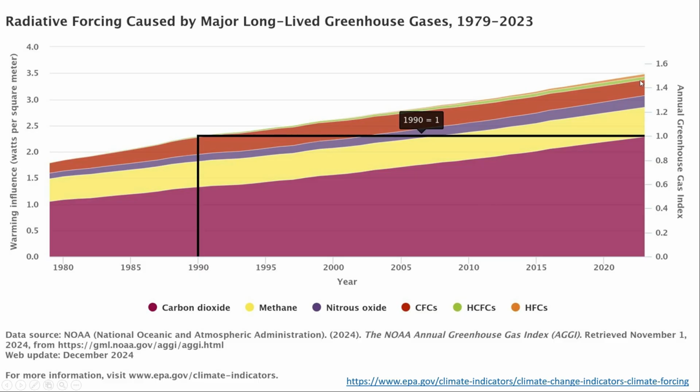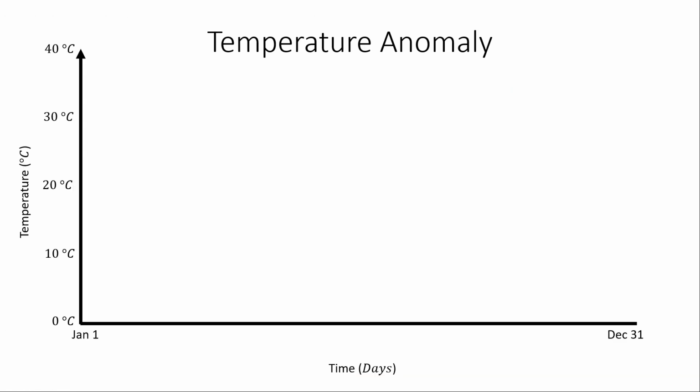We can also see this for a few of the other greenhouse gases up here. And we can see just from the greenhouse gases all combined together, we're getting about 3.5 watts per square meter of radiative forcing. So then the temperature anomaly, which is an important concept to understand because it's used a lot in climate change science. So if we have something that looks like this, where we have our T reference, so that's our reference